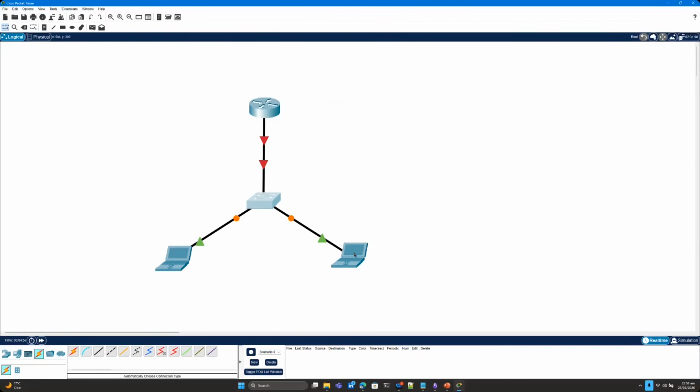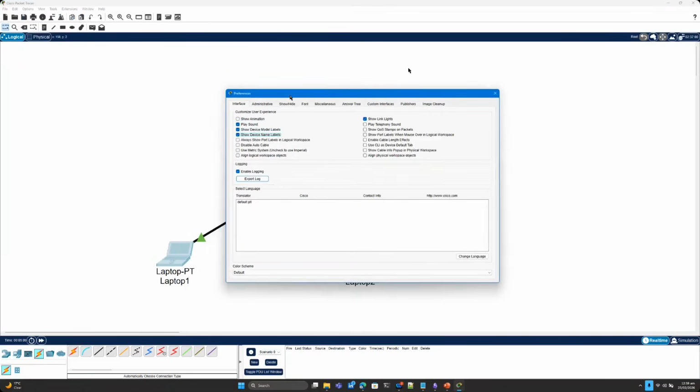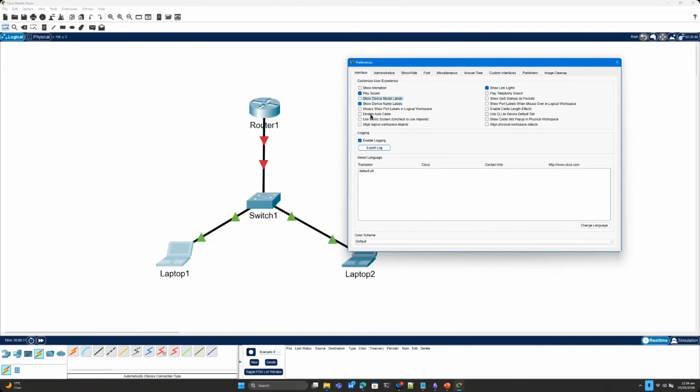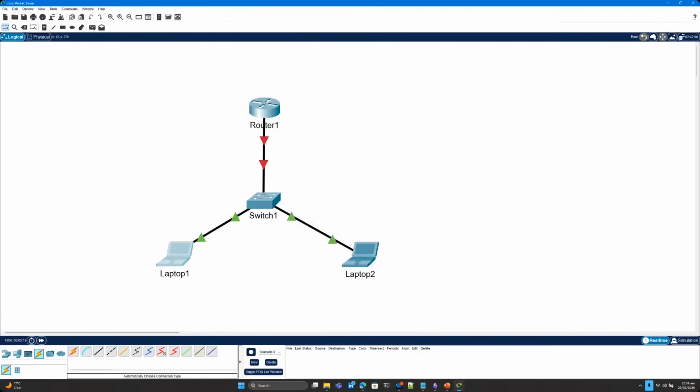Okay. So if you focus here, let me see if I can show some preferences and show device model labels, device name labels. That would be better. Okay. So what we are seeing here, let me mute everyone because